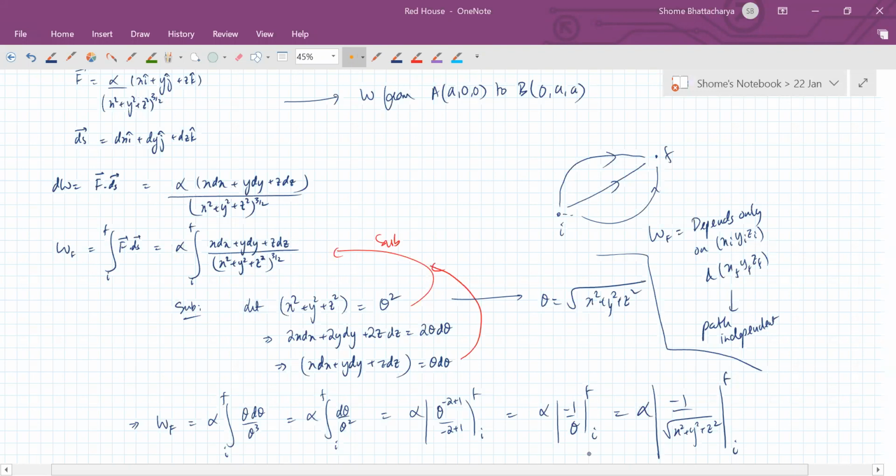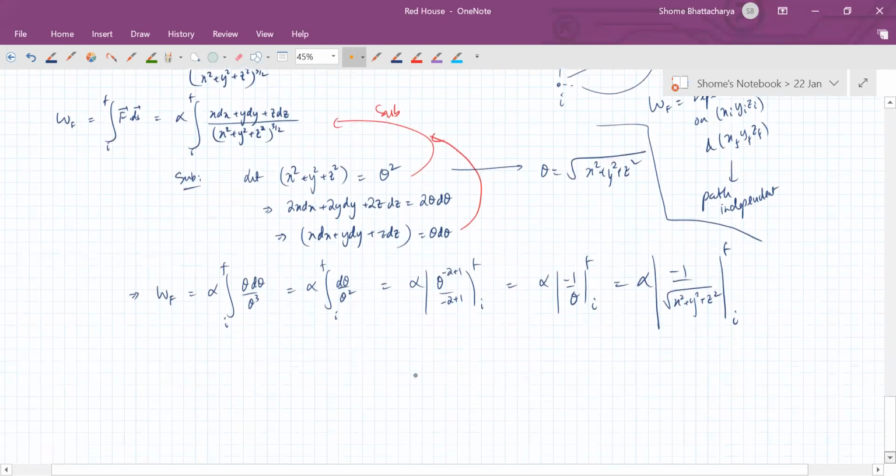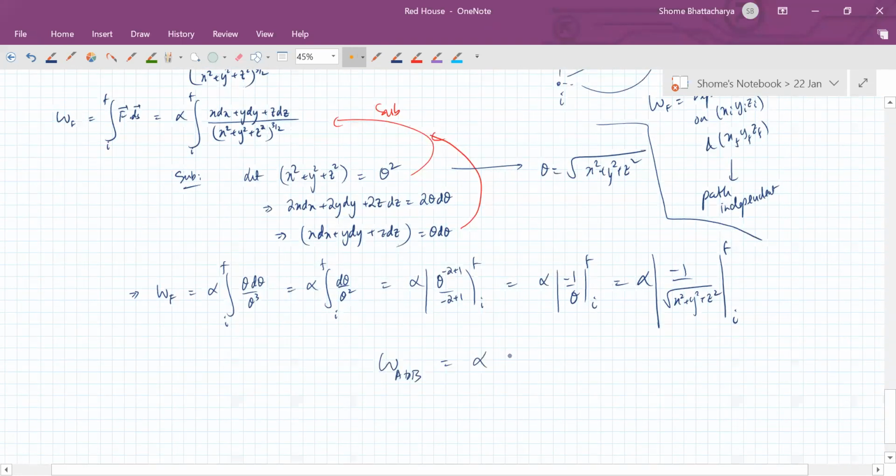Yes, how much is the answer? First one beta, substitute properly Nikita. So for A to B, what do we have to do? Work done from A to B, we have to do this only. You can take the minus sign also outside. Okay. 1 upon root of x square plus y square plus z square from the point A, whose coordinates are A, 0, 0, to the point B whose coordinates are 0, A, 0, right? So the upper limit will become 1 upon square root of 2a square when you substitute these coordinates, minus